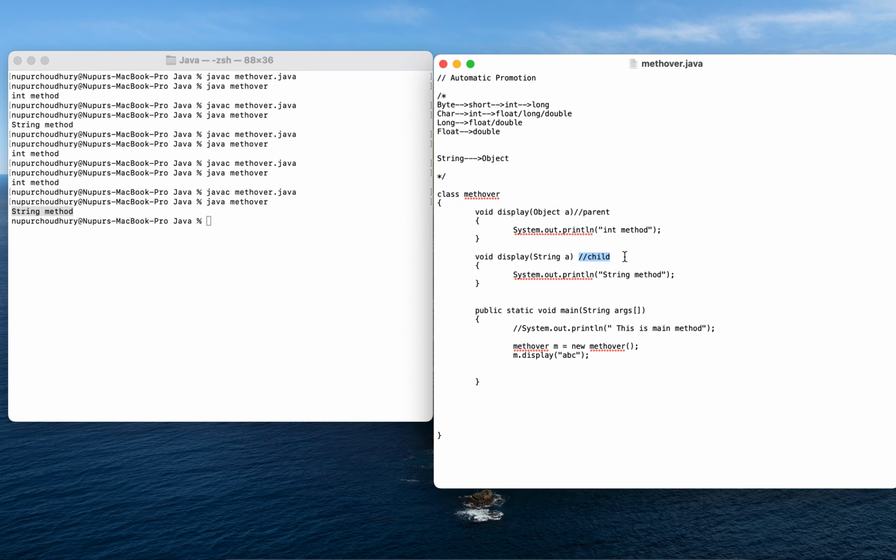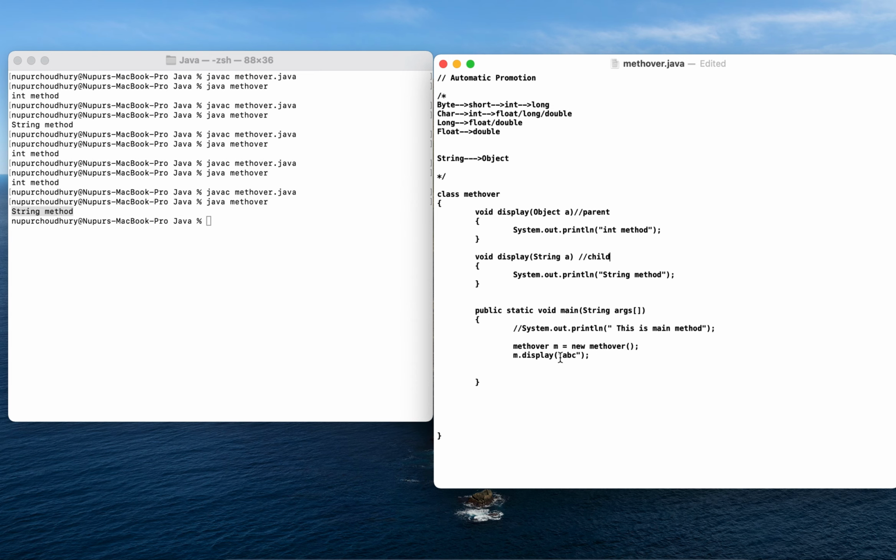So child will be given more preference than your parent when it comes to overloaded methods, because you won't disturb the parent, right?